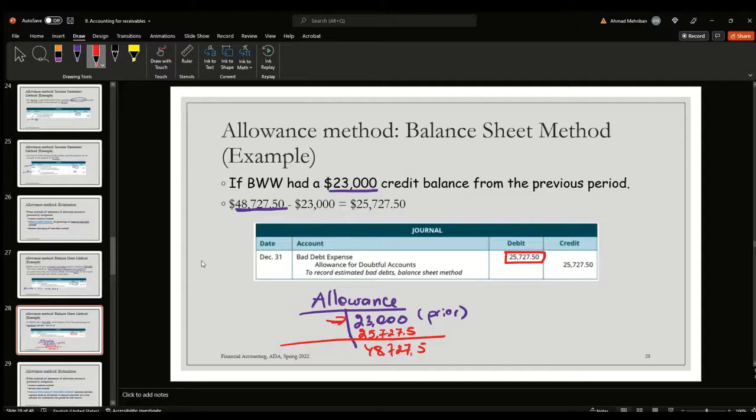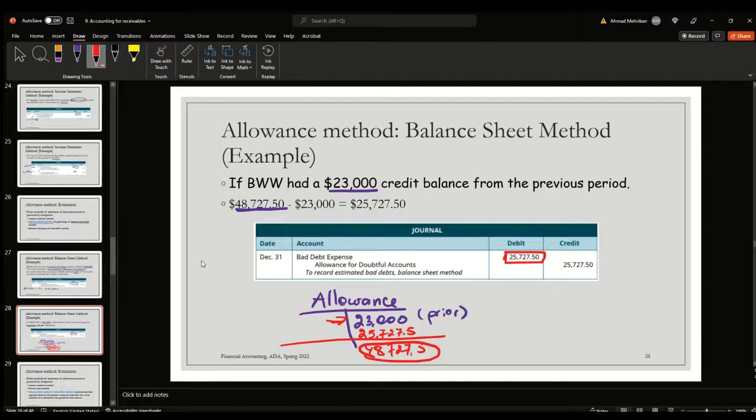If it does have a zero balance, the purpose is to have this ending balance be 48,727. Therefore, be careful not to make that mistake, and record only the difference between the existing balance and the current estimation, which is